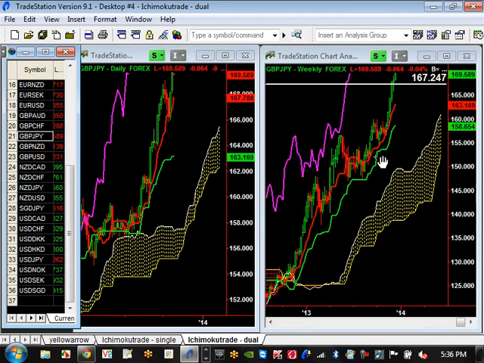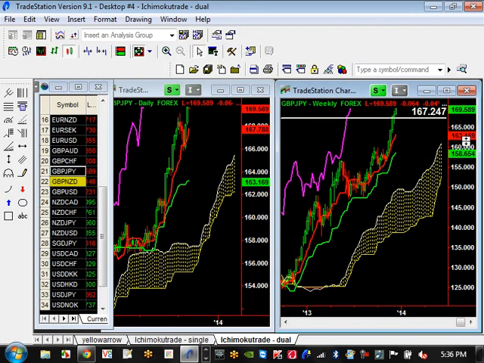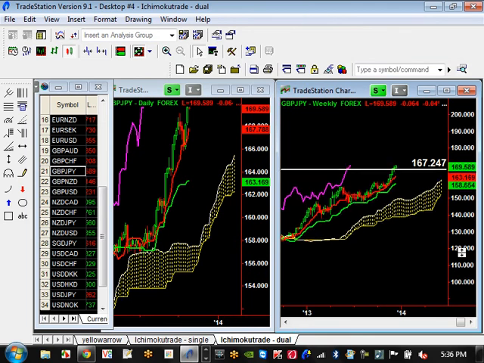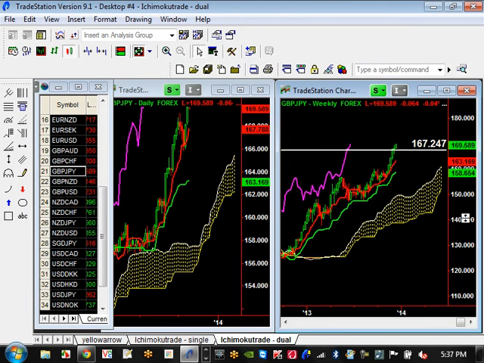Pound Yen has got to a resistance level of 167.24, kind of breaking it almost with vengeance. It's continuing to go high. Definitely needs a pullback. Minor pullback level right now is 167.78. Major pullback level is going to be about